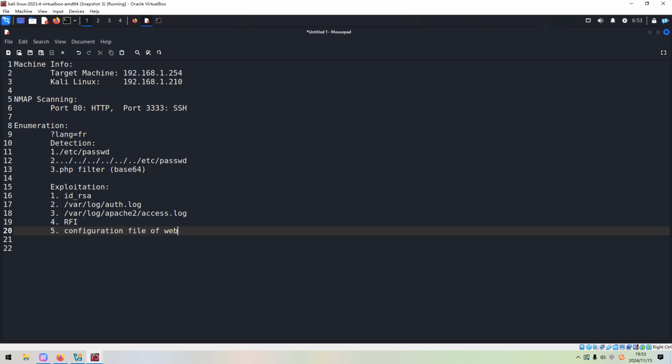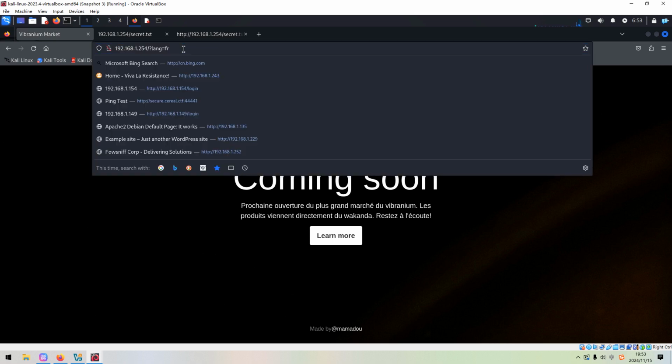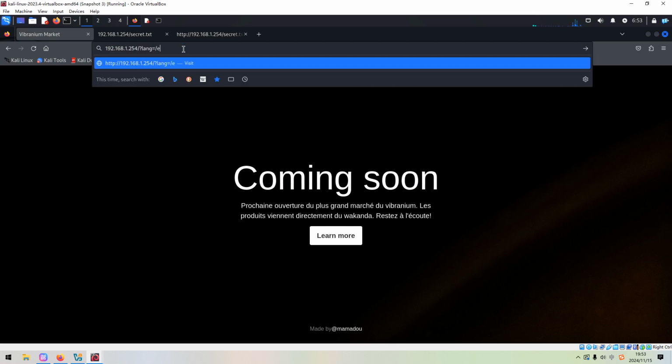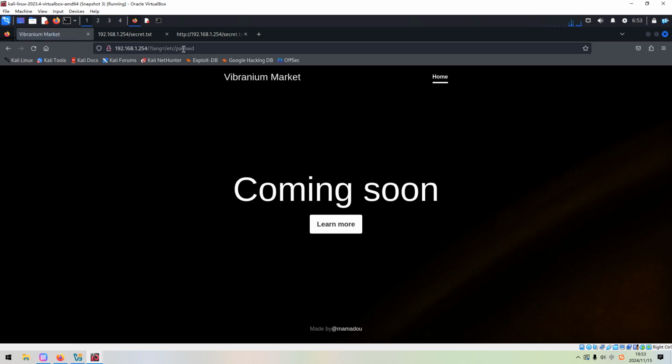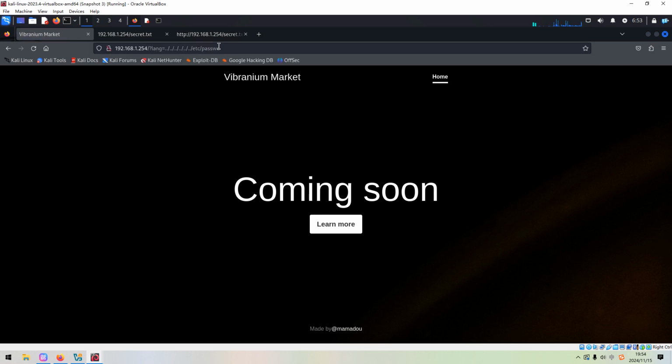Okay, so I think I've already made a very quick recap about how to detect file inclusion vulnerability and also how to exploit such vulnerability. So now I think that's all. Now we can go back to the browser to test this vulnerability in action. So next we can try to access the password file, but nothing here. Next we can try to add more up layers, but this doesn't work.